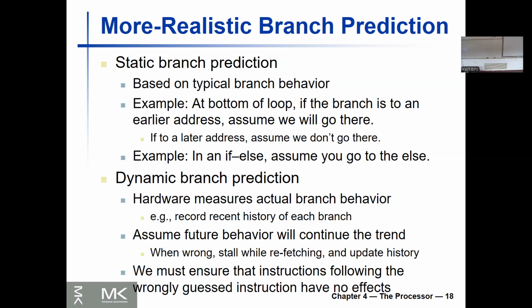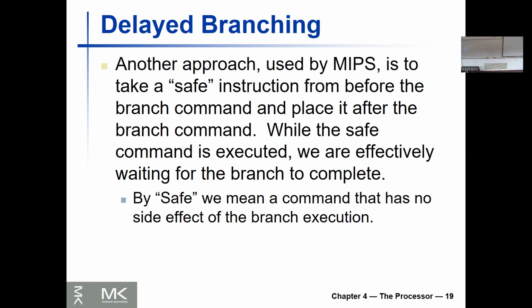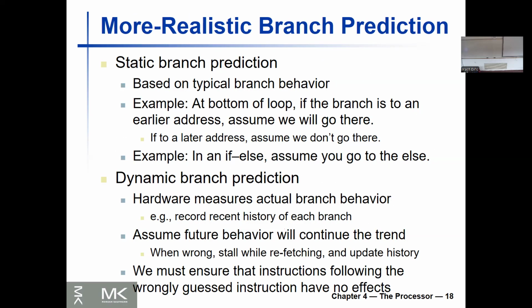I don't fully understand. Maybe next year I'll understand. No, but you said we could have. You said that wouldn't work. I don't understand how it could possibly work, because at the end of stage one, we haven't yet computed what the branch place is. We do that at the end of stage two. It would be a total guess. We can't guess whether to jump 100 lines forward or 20 lines. But it's just part of the instruction,